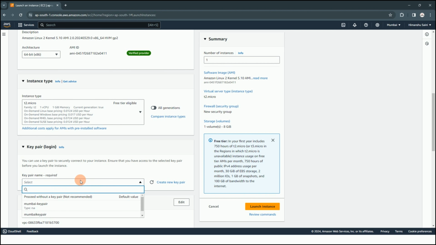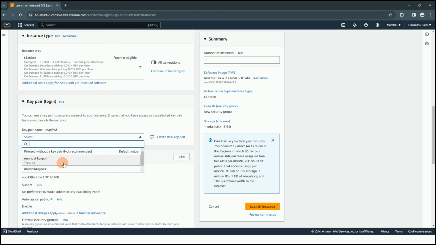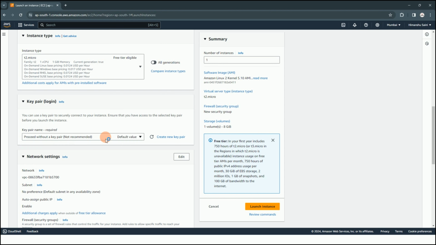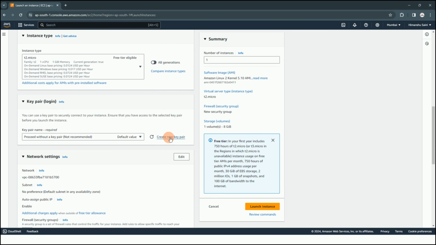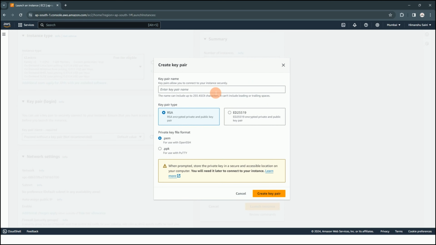Then you have to select the key pair here. If you don't have any key pair, you can proceed without a key pair as well, but in that case you will not be able to connect to this instance using a key pair or even SSH. So you can also opt to create a new key pair, and here you can name it anything, test or anything. Key pair type, you can choose RSA, that is fine, but you have to wisely choose between .pem